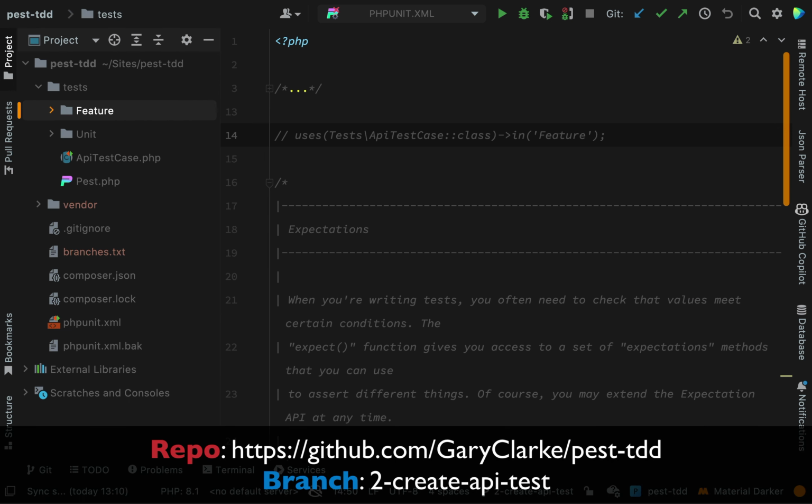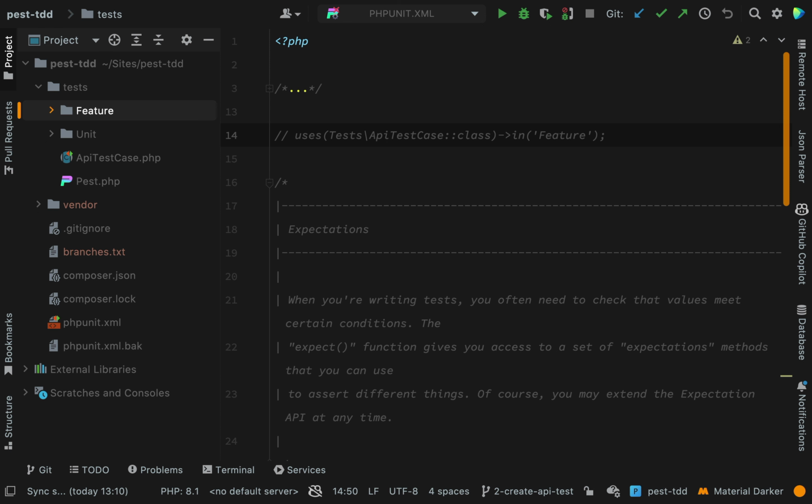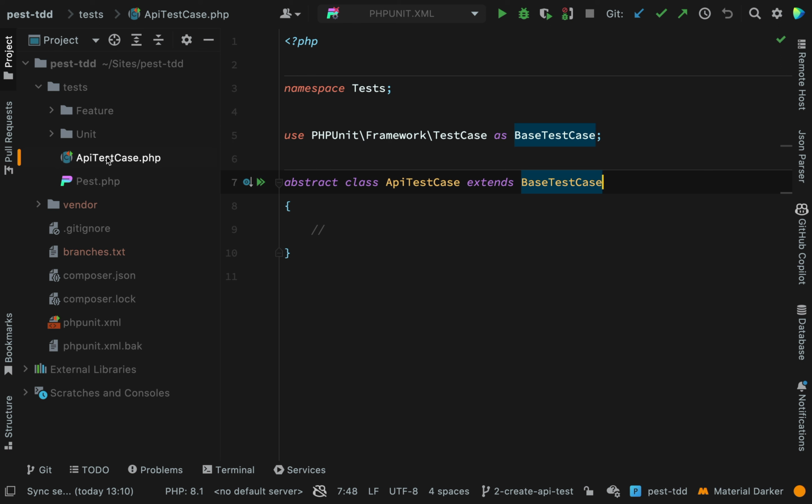So inside of tests, we have this feature folder here. But if you can remember what we said at the end of the last one, we created this API test case here, which we said is going to be used more for our feature test kind of things. Well, we want to be able to use that, and the way that Pest works is that it is built on top of PHPUnit, and so the tests that we write in our feature tests, we want them to actually sit on top of this API test case, which if you remember just extends test case